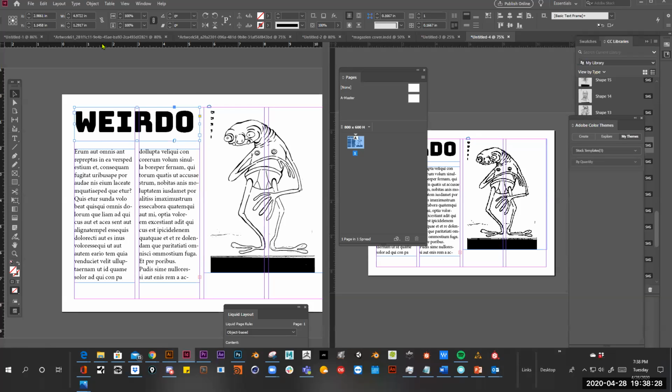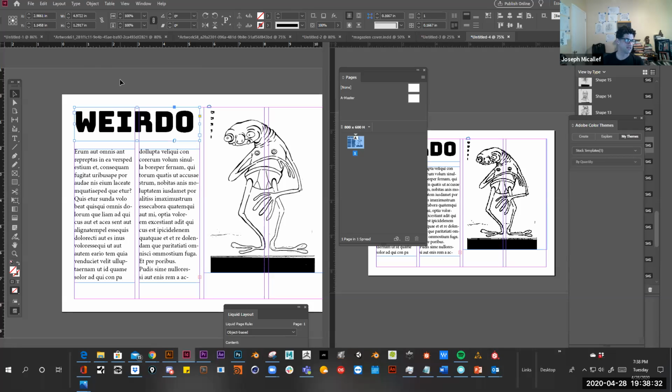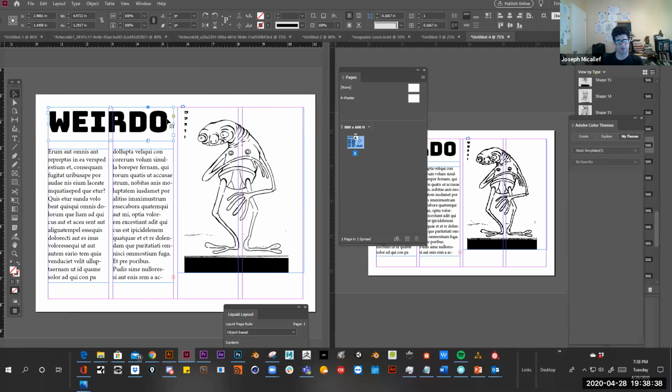But that's the quickest way. You just click on the ruler and you change that. And that's how you do it. So if you want to change your measurements. The one thing I was talking about though is InDesign and Illustrator, the similarities. So